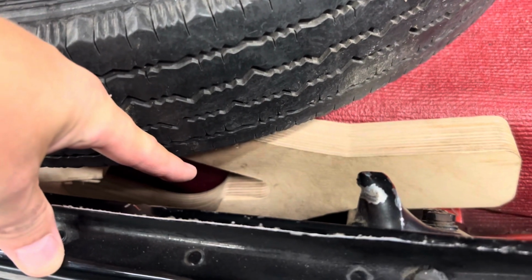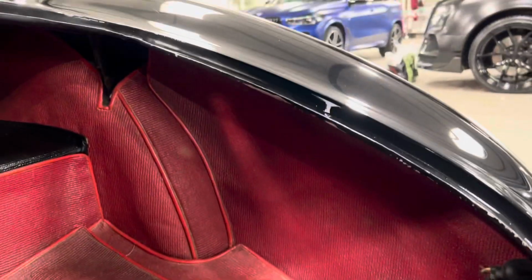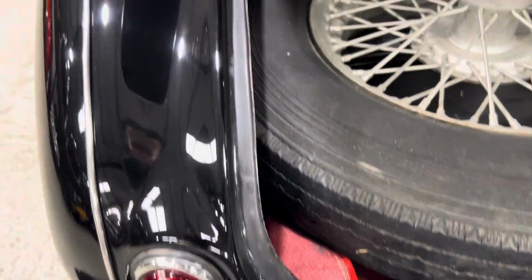I've got one of those on my E-Type. That means that you can take the wheel spinners on and off without hitting them directly with a copper and hide. That's got a sort of a nice kind of foam filling there, so that is all nice. And just looking around the edges,